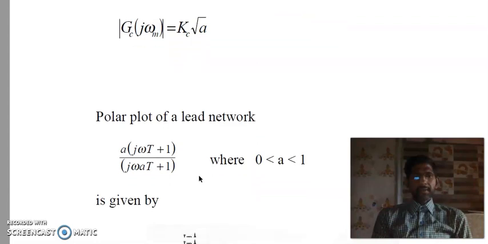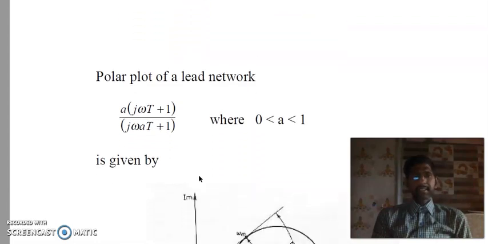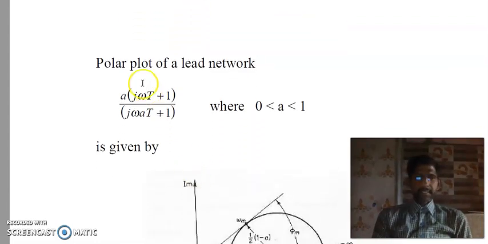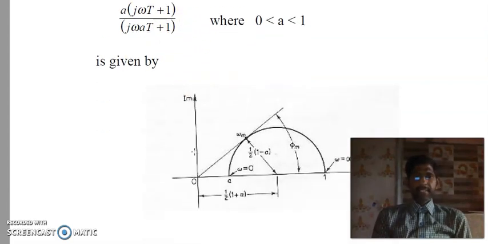The polar plot of a lead network is this. For this transfer function, the polar plot is given like this. Find the magnitude at omega equal to 0, what is the magnitude,